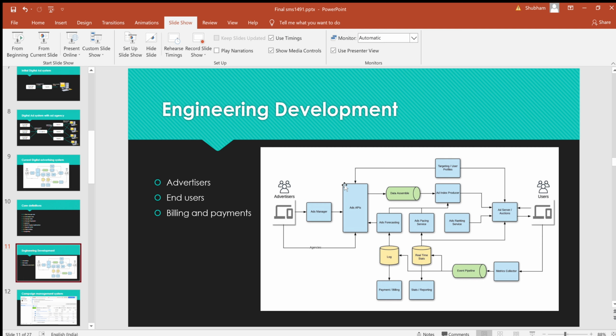For a deeper understanding, we are first going to take a look at the individual working of these subsystems. So in the figure, the left side is the advertiser and the right side is the user. The advertiser creates campaigns from this ad manager, and the ad is shown to the user from this ad server. In between, all the processing happens, and this system can consist of a lot of subsystems, which we are going to take a look into.